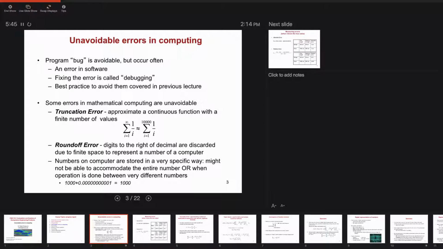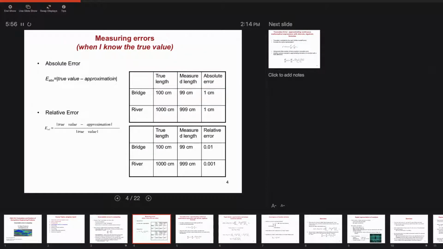And we will see why. That's because of a very specific way we store real numbers. Okay. So there's part of it that happens due to the actual computation. Okay. So first we have to measure errors, and you have had an exercise of measuring errors in your homework